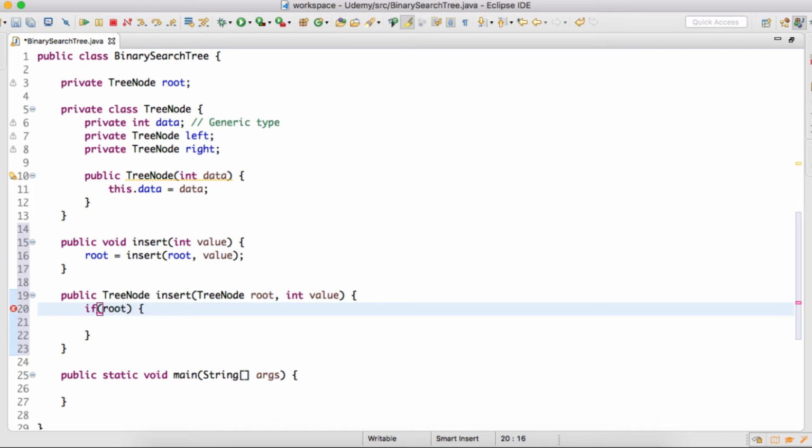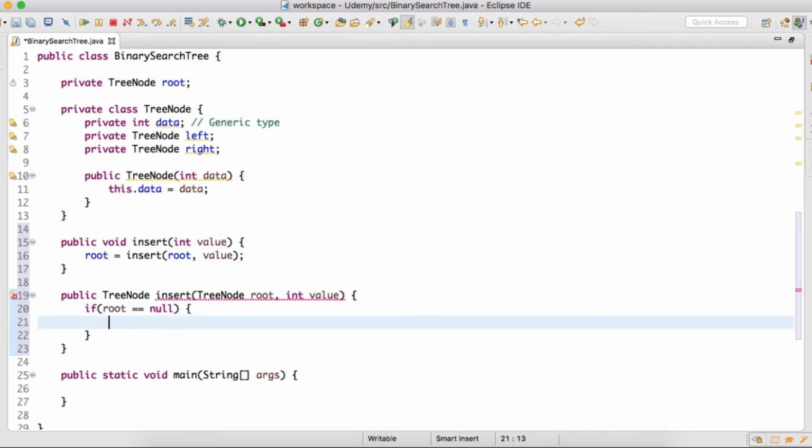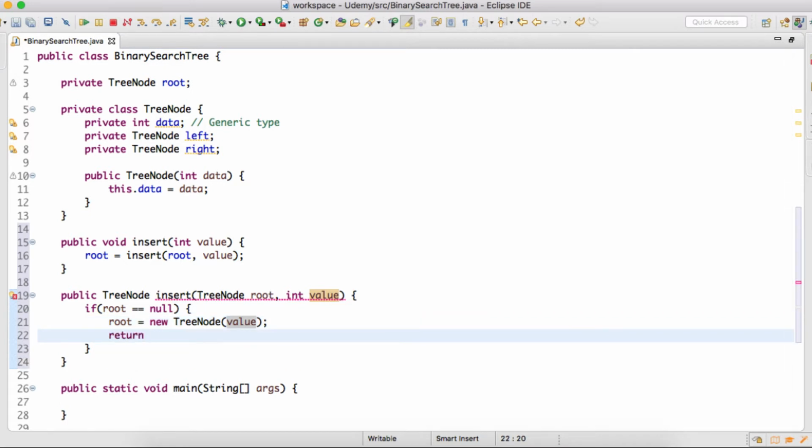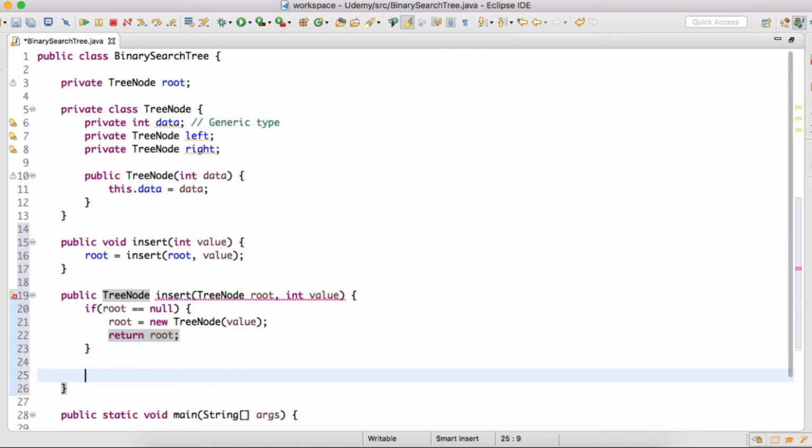that if root is equal to null, then we'll simply create a new TreeNode by passing in the value, and then we'll simply return the root. So this would be our base case, and if root is not equal to null,